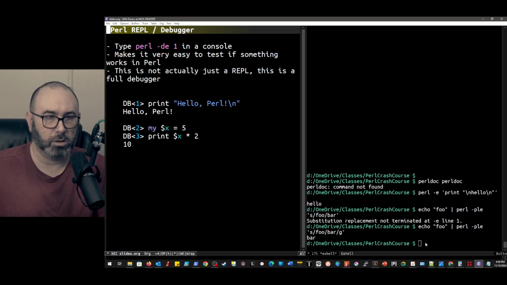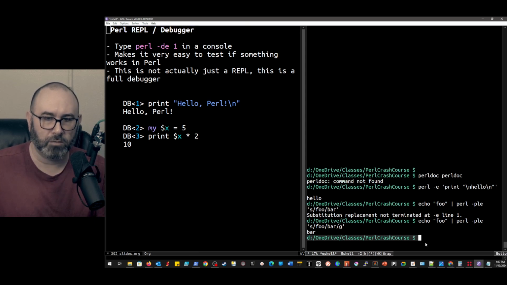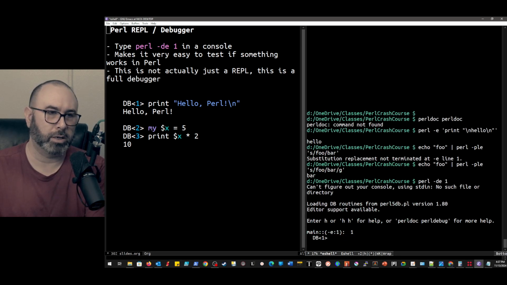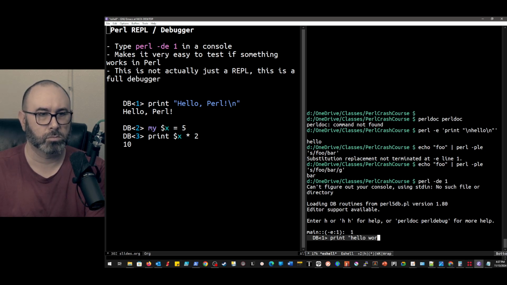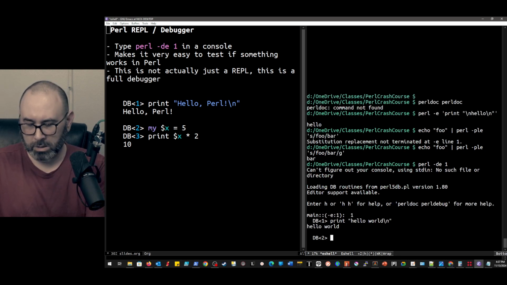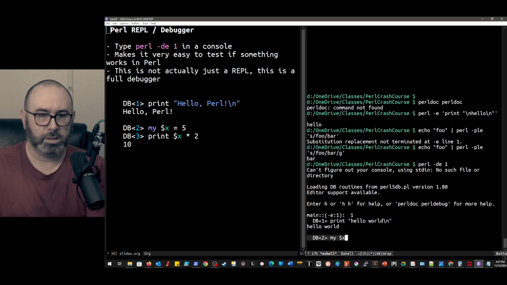perl -de1, right? So it's going to let you evaluate one expression at a time. And then we can do print hello world, right? We can do my $x = 5, right?